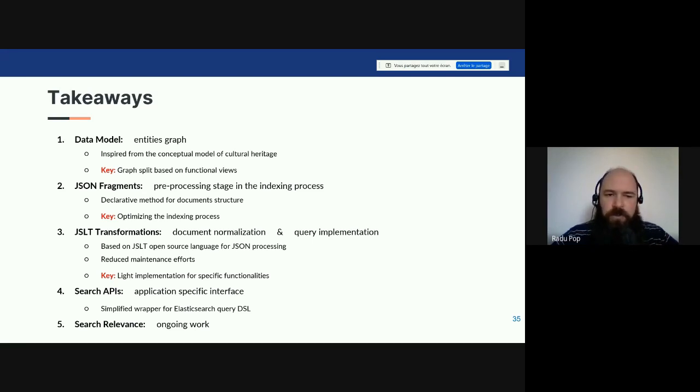The third point to recall is the JSLT transformations that helped us on the normalization of the document, but as well on the query implementation. The search API that is used at the application layer, and the last but not the least, the search relevance, which is an ongoing work.